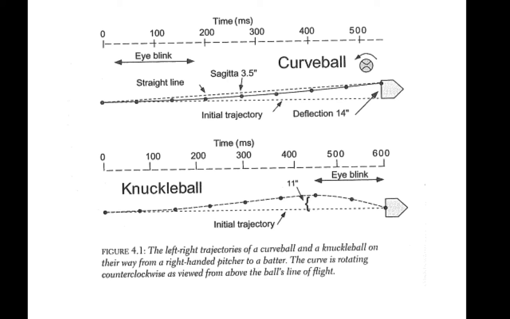So it's going to smoothly curve. It's going to curve in a path that can be described by a simple parabola. You can see here halfway to the pitcher's plate, the sagitta, this point halfway between the release point and the pitcher's plate, that the ball has curved about 3.5 inches. By the time it gets to the plate, it's curved about 14 inches. But it's all because of the slow and consistent curving that happens along the length of the trajectory of that